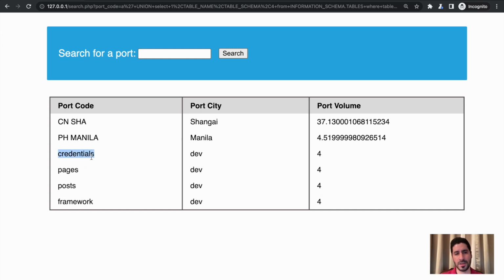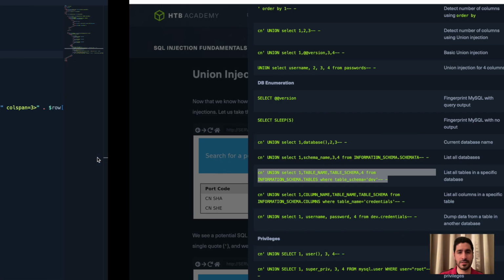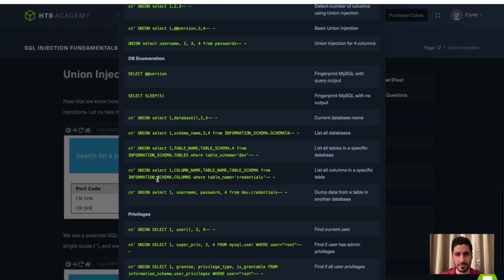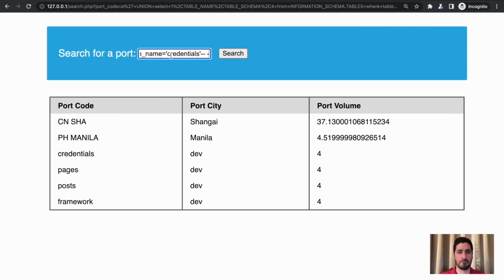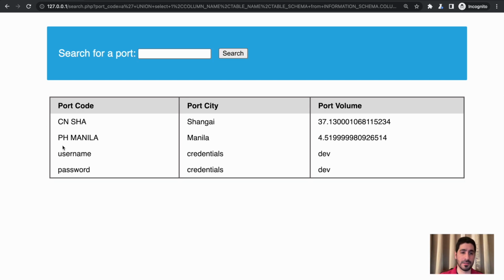So perhaps we want something from the credentials table. Let's see all the different columns available in this table. We can once again use this query, which says in the cheat sheet, list all columns in a specific table. Okay, and we can just search, and then it says username and password. So now we know that we have 2 different columns, username and password, in a table called credentials and the database called dev. So we can do